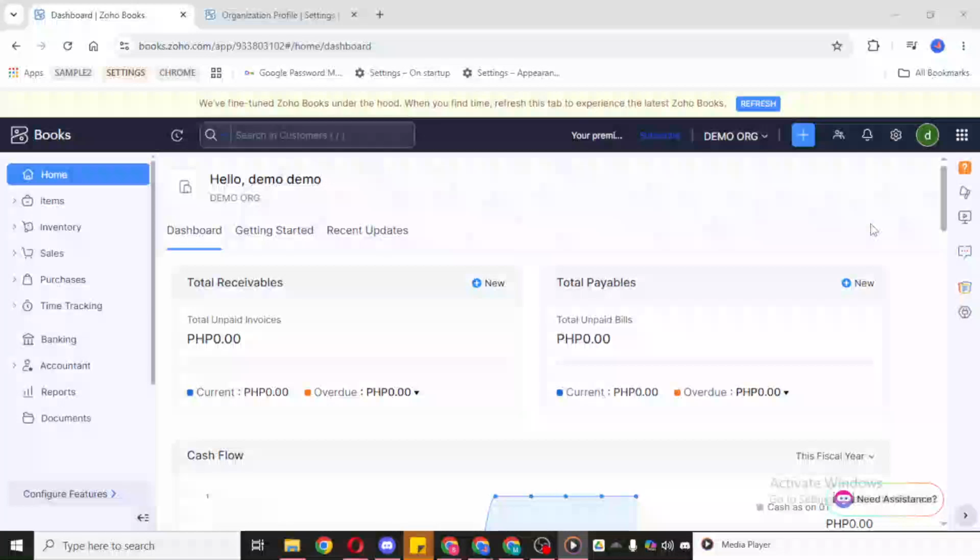In today's video, I'm going to teach you how to edit an invoice in Zoho Books. If you need to make changes to an invoice you've already created, Zoho Books makes the process quick and straightforward. This is useful when you need to update customer information, adjust item details, correct pricing, or fix any small mistakes before moving forward. I'll walk you through the exact process so you can make those edits confidently.